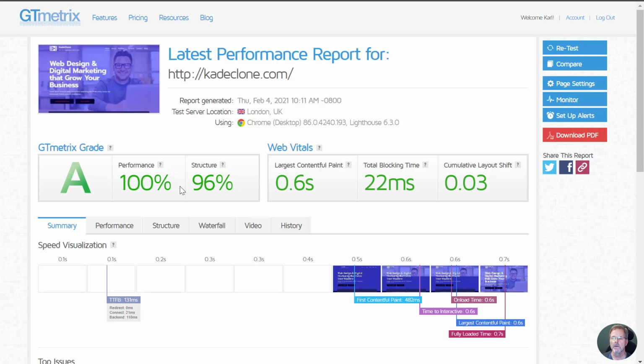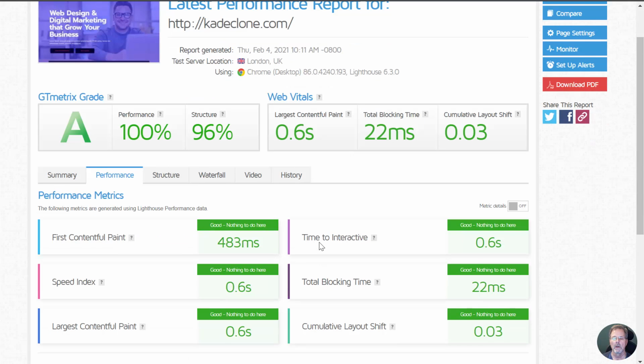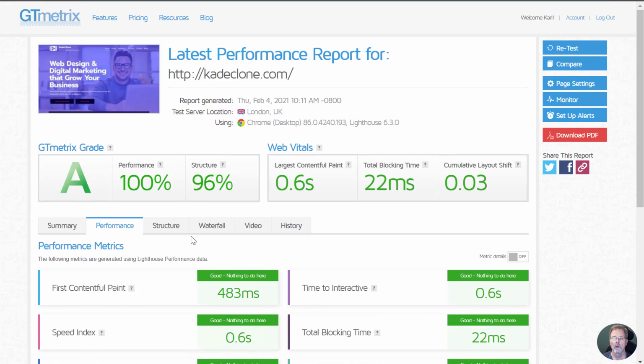And as you can see, it can hardly be much better. Green everywhere. So now I will show you how to install the